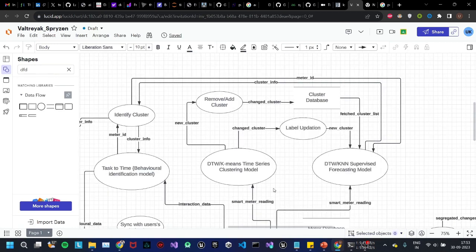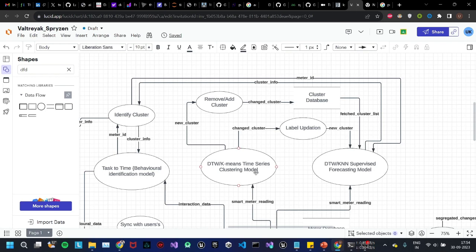And what we are doing in the clustering model is creating clusters from the smart meter readings and storing in the cluster database those visual clusters that we are going to form. And those clusters are going to be used to identify as well as predict the various clusters that this particular